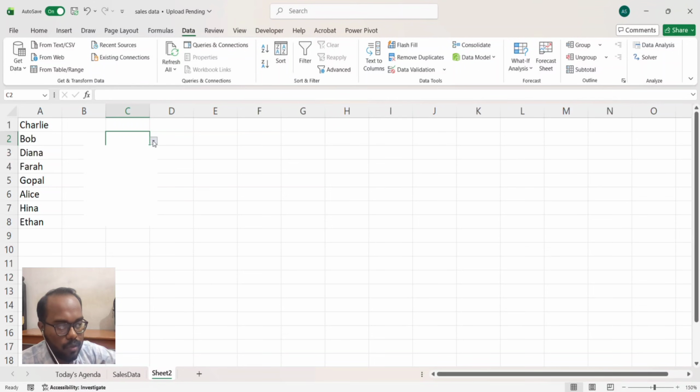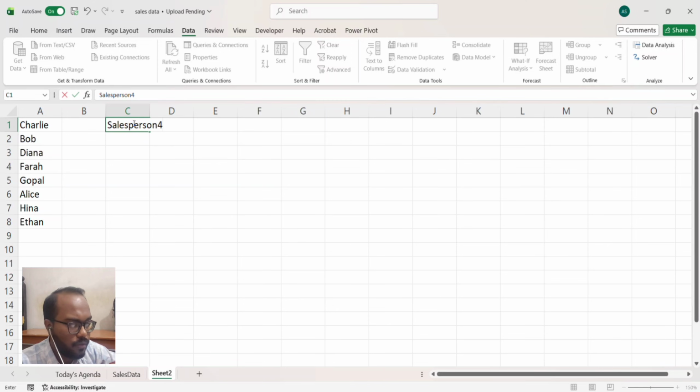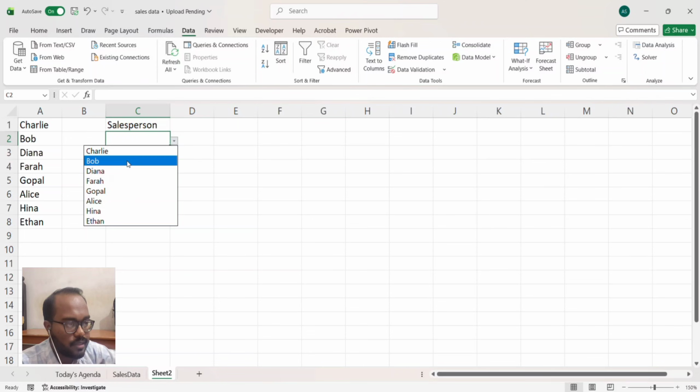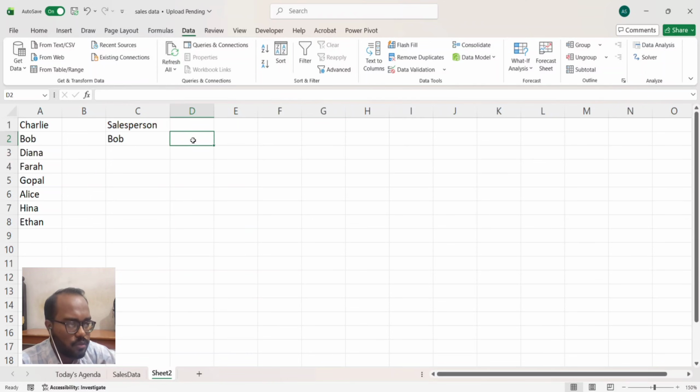Now you can see a drop down over here, and if we select this drop down, you can see these options of salespersons' names. So let me first name this. Okay, so I have named it. Now let me select one salesperson name, suppose Bob. So now what I want to show is some applications of this data validation. I want to show you the total sales